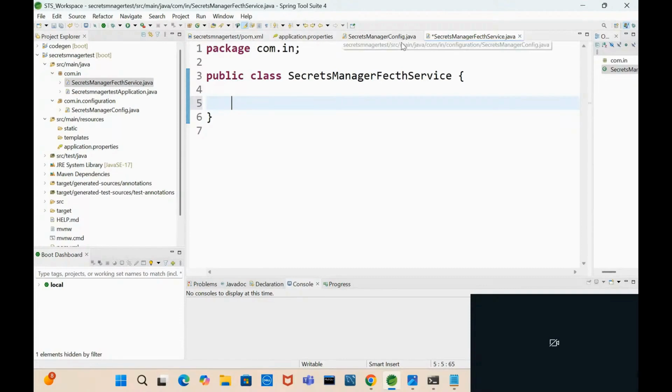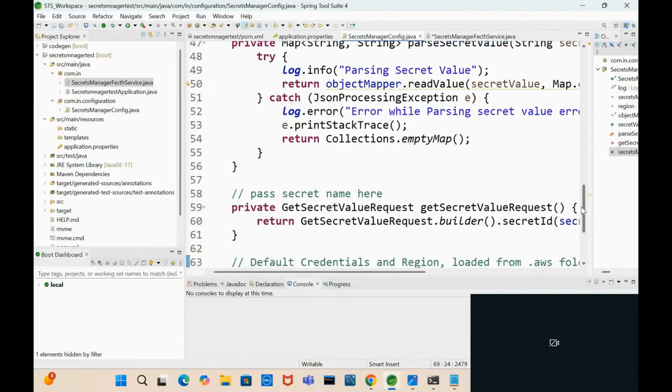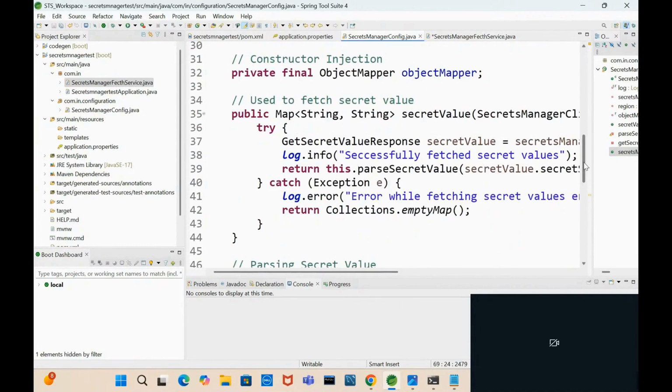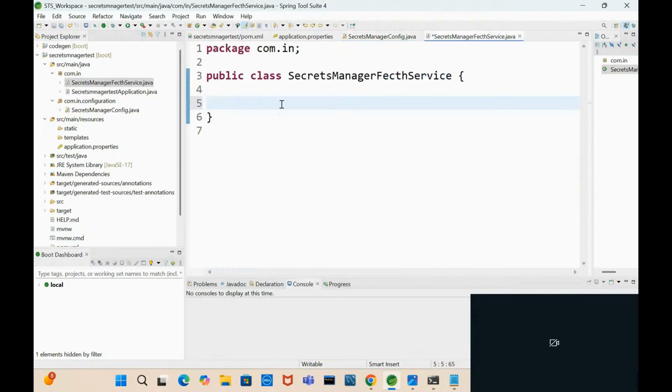So this is here in configuration. This will be there, right? You need to fetch the secret value, this name. So let's create one